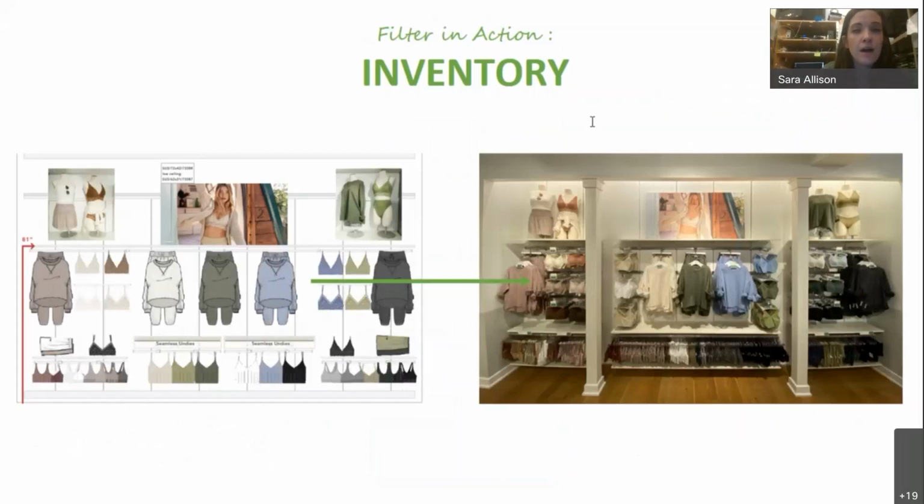So here's an example of the inventory filter in action, where a store said, I set this back wall presentation to document. And guess what? I just have a lot of bralettes. They're a best stack category for me. I want to max them out. So the store was really able to go in and, in a really brand bright, neat, tidy way, max out some products that they did own. And that was a great selling category for them.